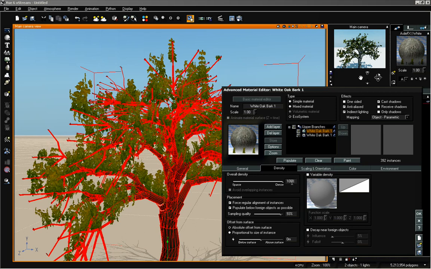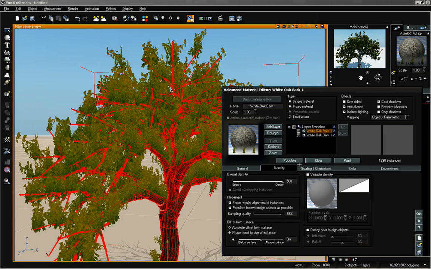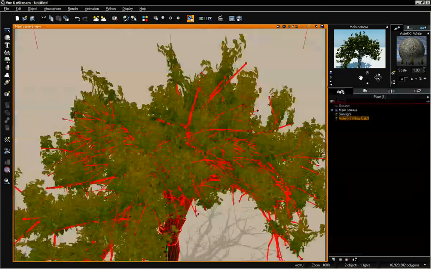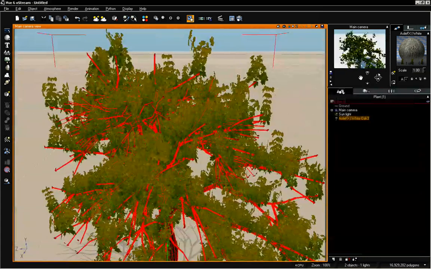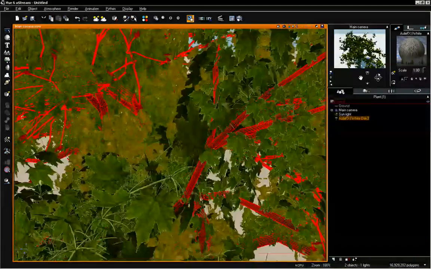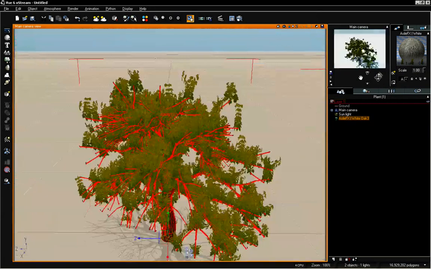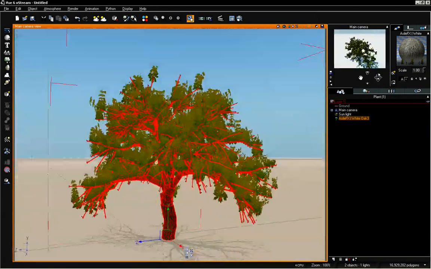Now another thing we can do is oversample our tree. Instead of using a max value of 100% for our overall density, we can actually increase that higher than 100% just by typing in the value. So I'm going to set this to 500% and click Populate, and now we can see a very dense tree with all of those different instances showing up. And if we zoom in, we can see our full OpenGL preview of all of these leaves. And now they're all kind of facing the same direction,